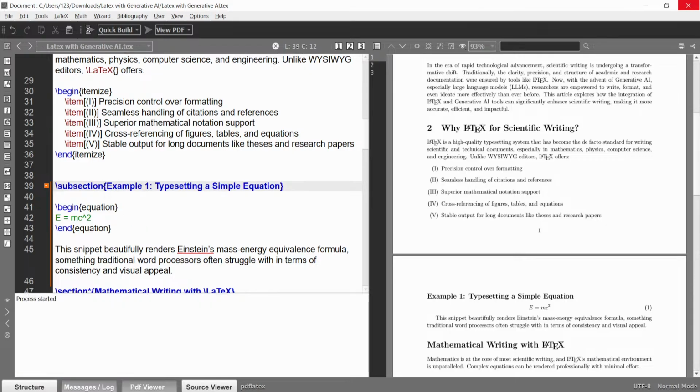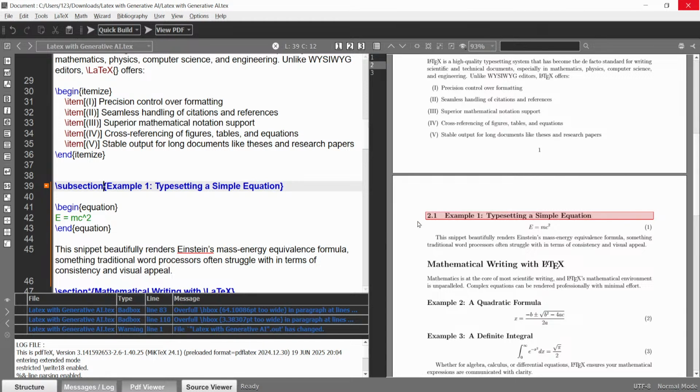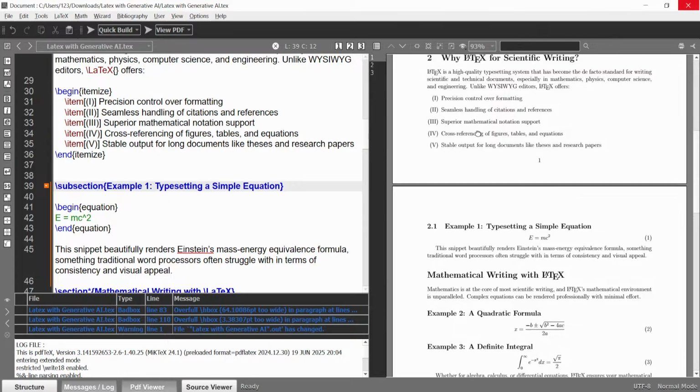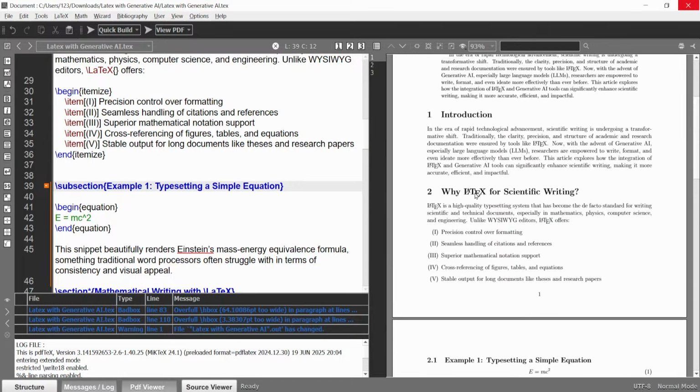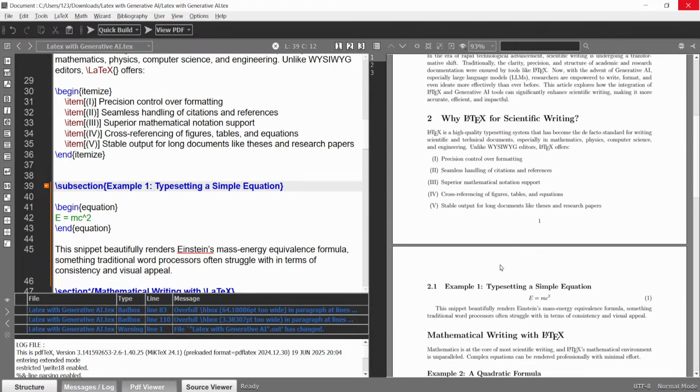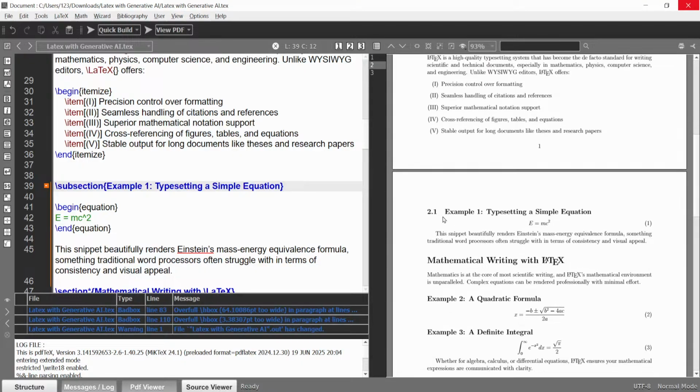When you build this, you see on the right-hand side this is 2.1. This is section 2, and inside section 2 we have the subsection, which must be 2.1. So you can see that LaTeX is doing everything automatically.